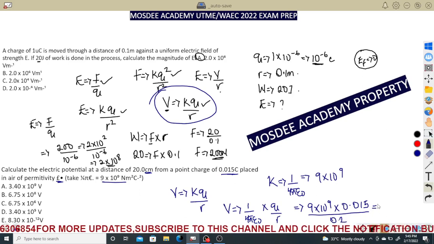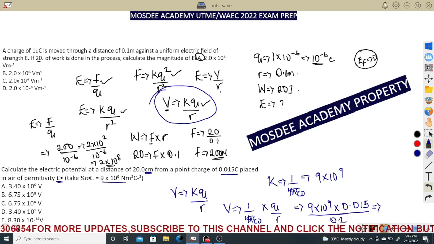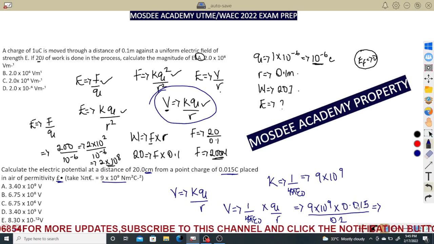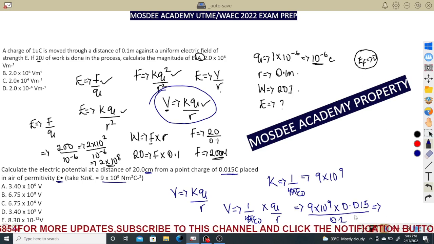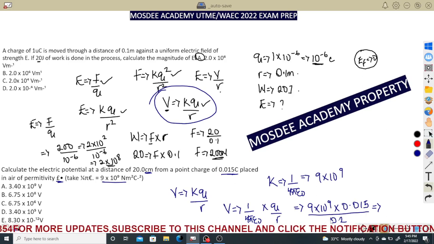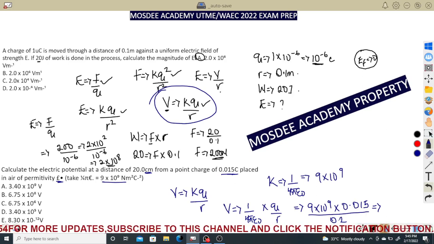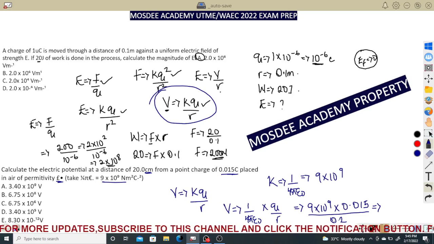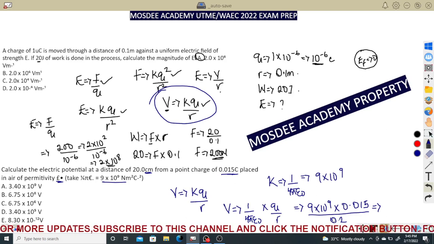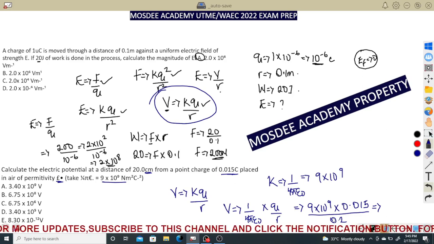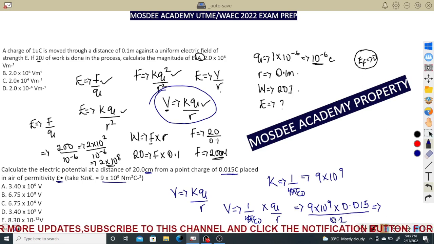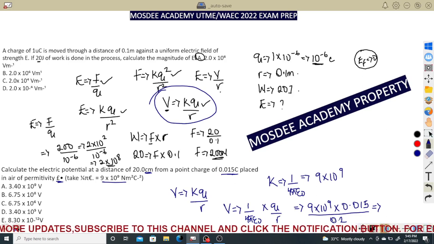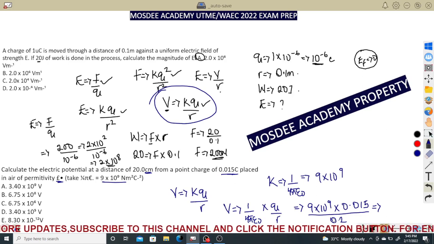So all you just need is to punch in all these variables. If you don't want to punch it, you can also convert 0.015 as 1.5 times 10 to the power minus 2. Then please punch this on the calculator. I'm waiting for your response. 9 times 10 raised to the power 9, multiplied by 0.015. Divide your answer by 0.2. I can actually do it with the calculator. The answer is giving us